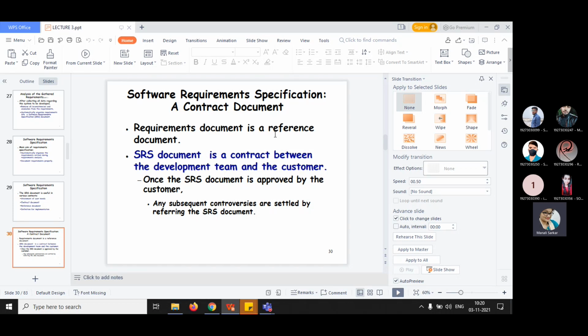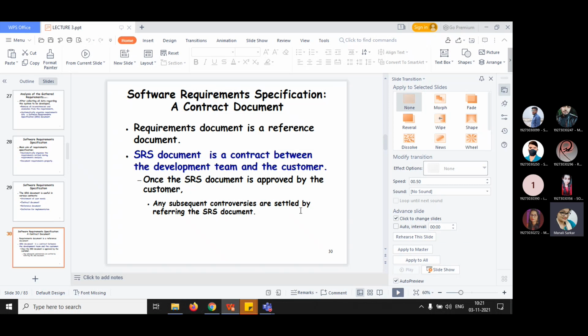The customer explains the functionalities required to the development team, and the development team notes down all the points the customer requires. That noting is done in a document called the SRS document.